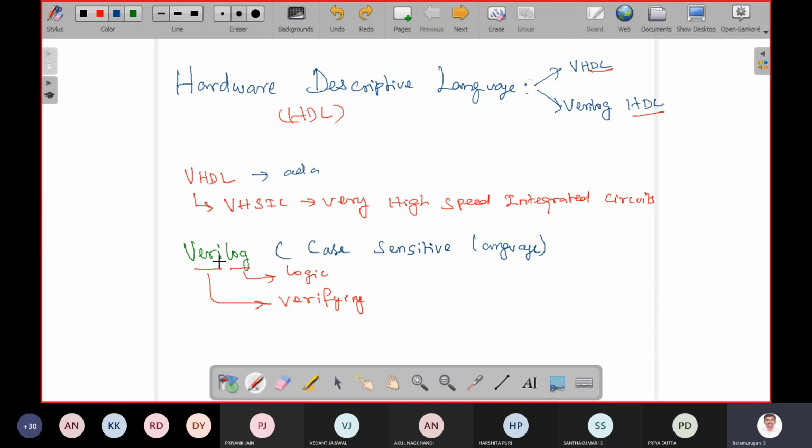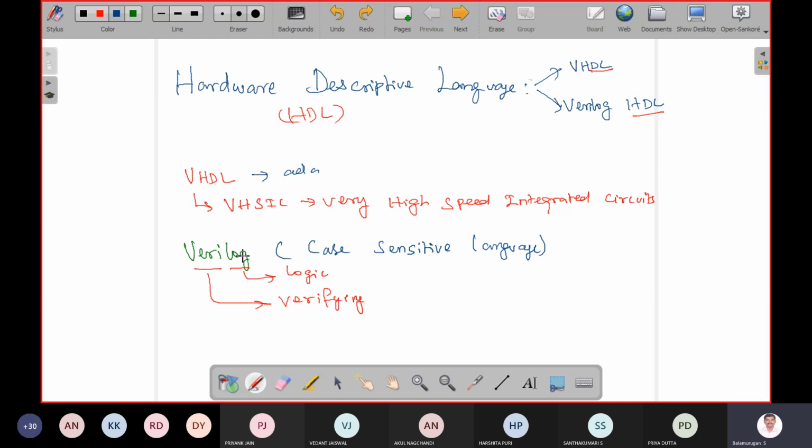With that textbook you can study all the fundamentals, and you can download it from Google also. Once you understand Verilog HDL, switching to VHDL is easy, and vice versa. If you know any one language, switching to another is very easy.